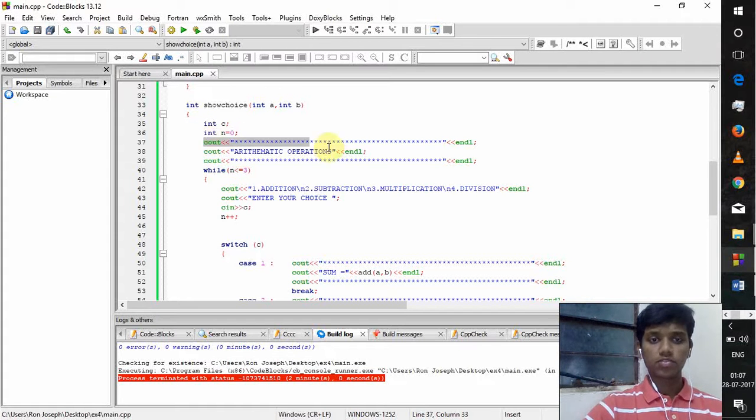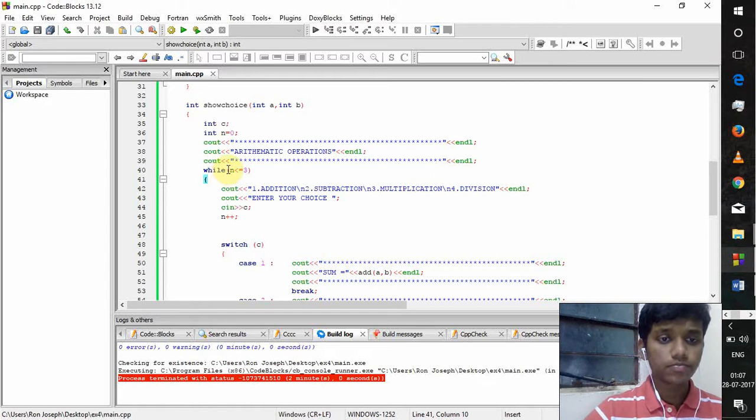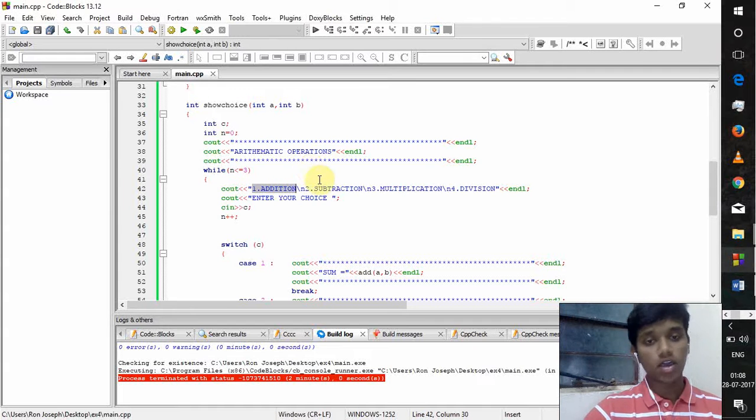Now I have printed some stars just to organize the data. Then I have printed arithmetic operations, then again stars. Now here I'm using a while loop. The purpose of this while loop is to allow the user to select the operations they want to perform again and again. Suppose the user has performed the addition operation, and now wants to perform another operation,